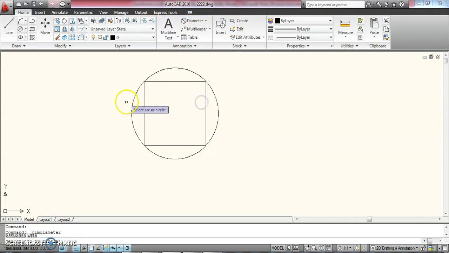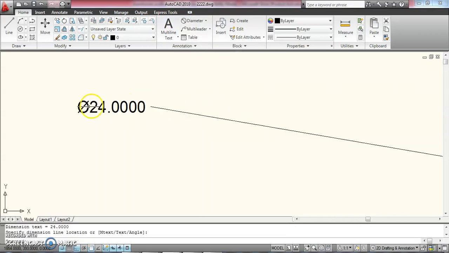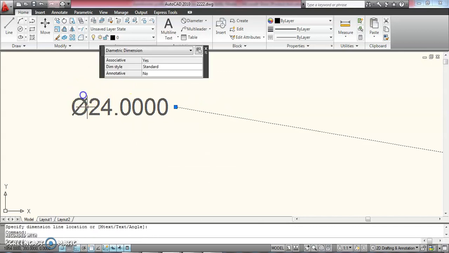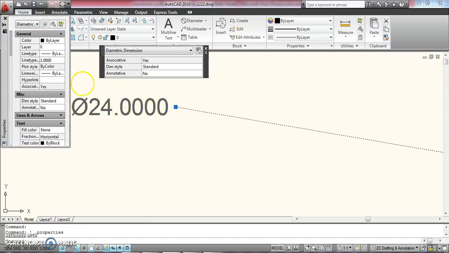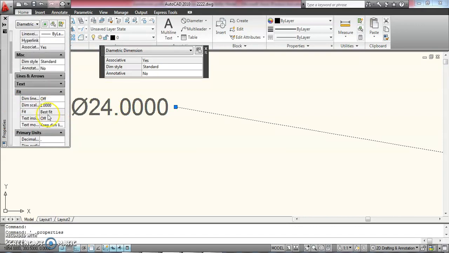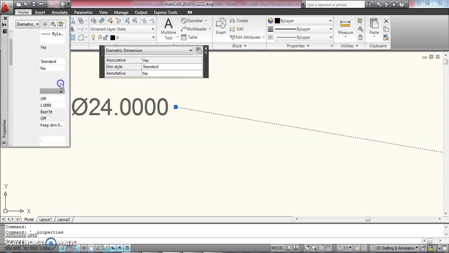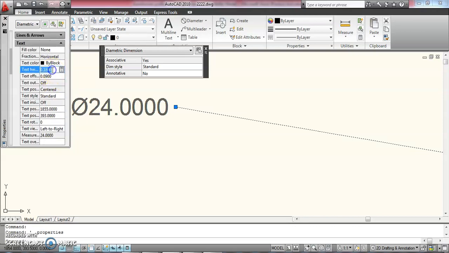So now I'll indicate the diameter. This is the diameter. In the new version, if you want to change the dimension height, it is directly available above in the tab itself. But this is a little bit older version, so here it will display a box. In text height you have to change the height. Getting what I'm telling? In the new version, you can easily change it above. And I'll make the text 4.